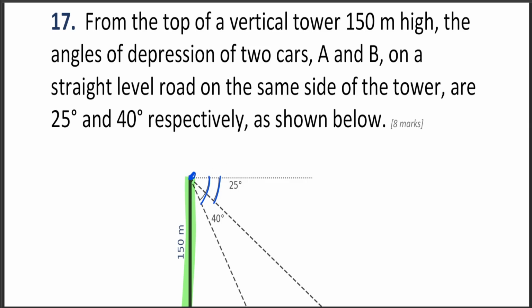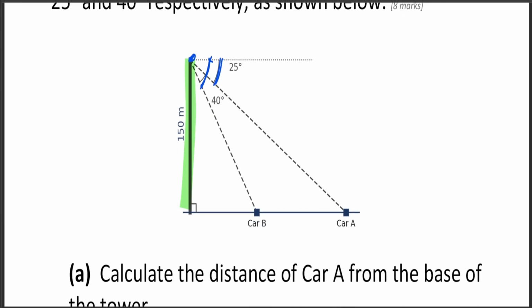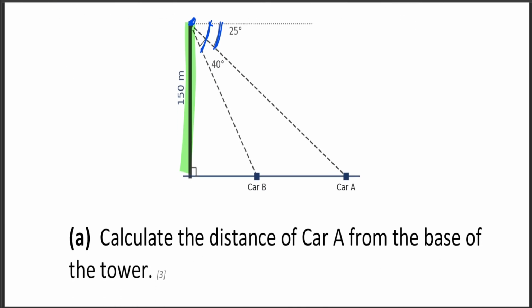So A and B on a straight level road on the same side of the tower are 25 degrees and 40 degrees respectively. So hii ambayo iko na kubwa, angle kubwa ni 40, ni hii ni 25. So calculate the distance of car A from the base of the tower. So hii ambayo iko hapa, let me use a highlighter. Hii ambayo iko hapa is equal to,